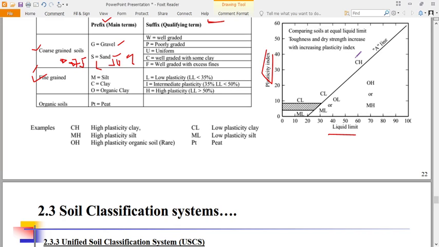Is that okay? Using the Casagrande chart, it's still to tell by LL. If the liquid limit is less than 35, it will be low. If it is between 35 and 50, it will be intermediate, an MI. It can be a CH, meaning that it is where LL, the liquid limit,